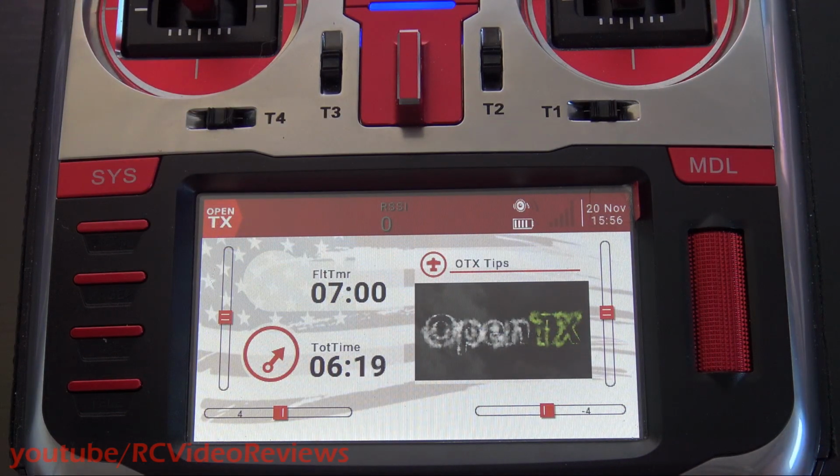transmitter battery voltage to your screen. I get asked this question all the time. I know it was just on there. If you're paying attention, it was just there. I removed it so I could show you how to add it. But I get this question all the time, and I'm just going to show everyone how to do it once